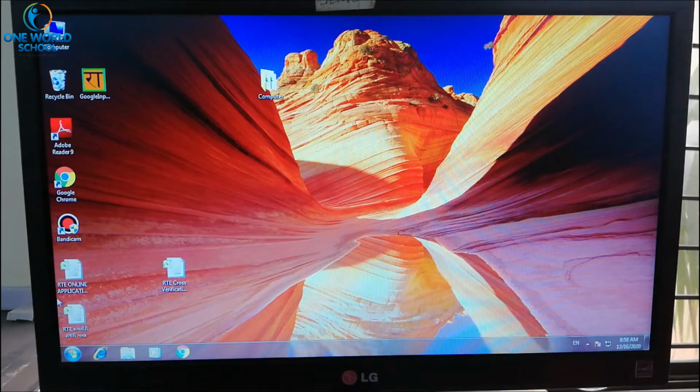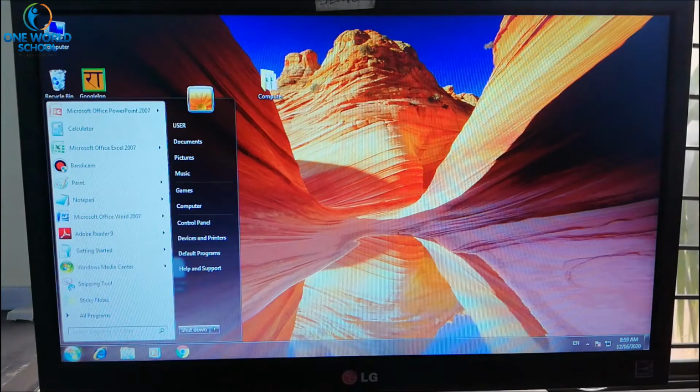In the taskbar, on the left side, you can see a rounded circle. This button we call the start button. You can see it in the picture. So you have to click on the start button with the help of the mouse. Slowly drag your mouse and go to the start button. Now you can see our mouse arrow is on the start button. So you just have to click one time.